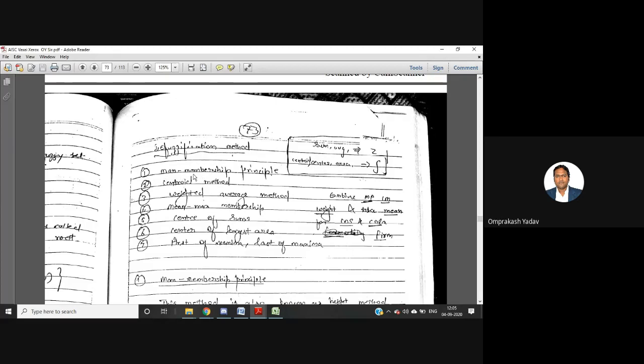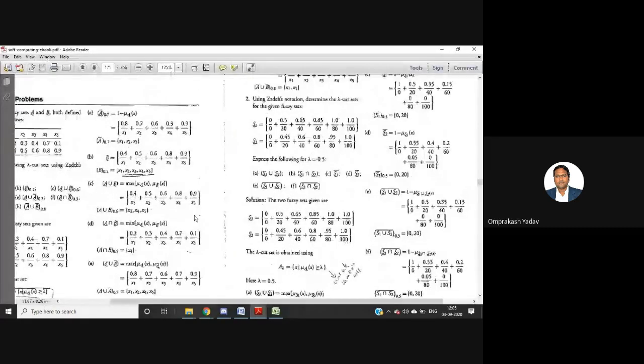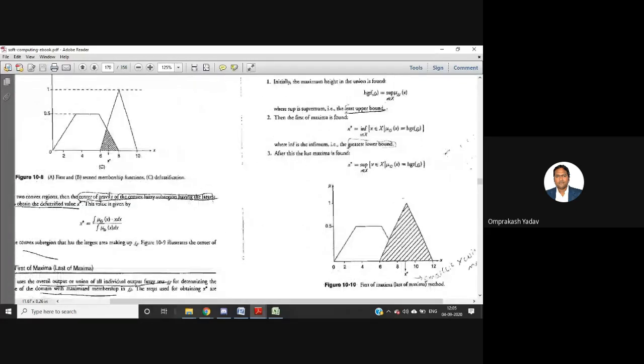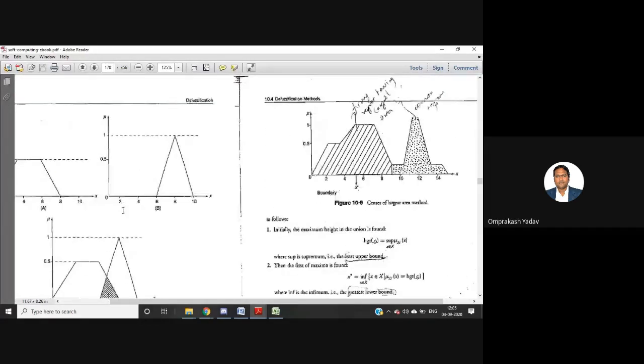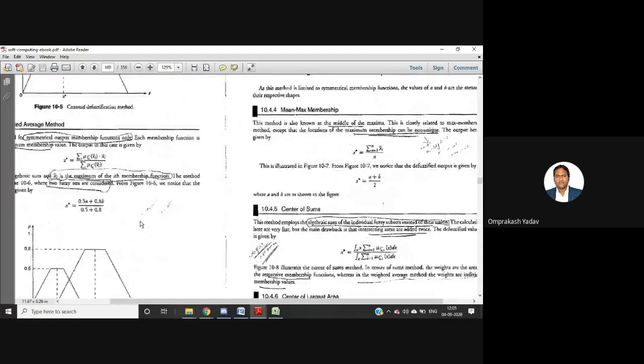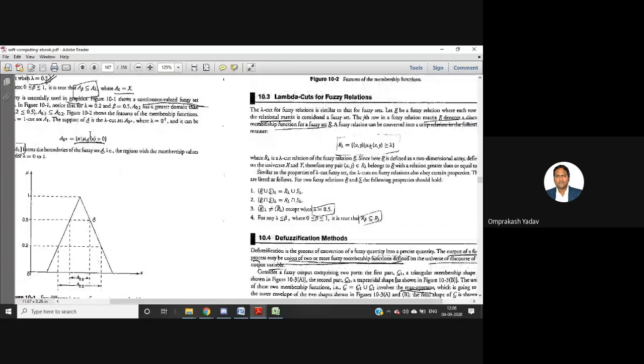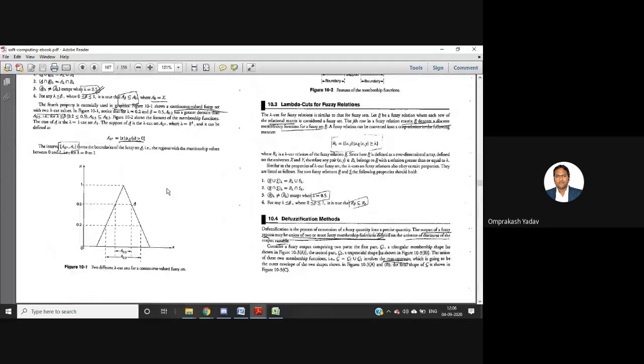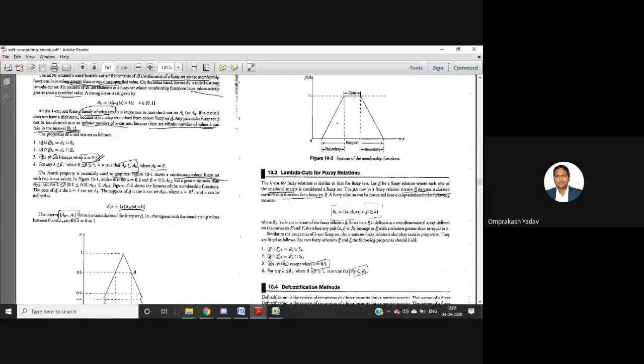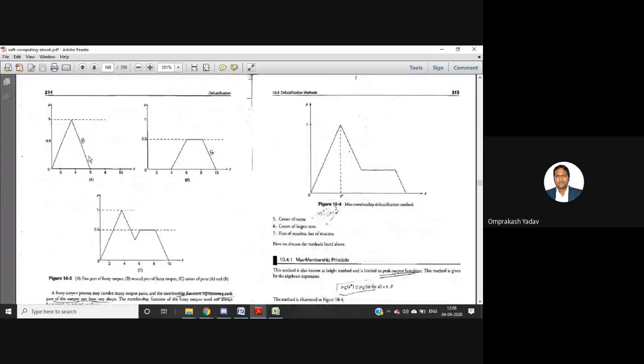So we described the max membership principle. Before that, I told you how to take the superimposed image, I mean how to combine both the graphs. So we took two input images, and I'll just show you. Yeah, so these two were the input images, and then we tried to find out this output image.